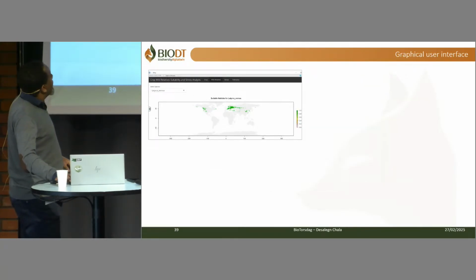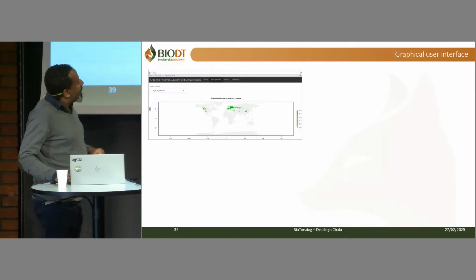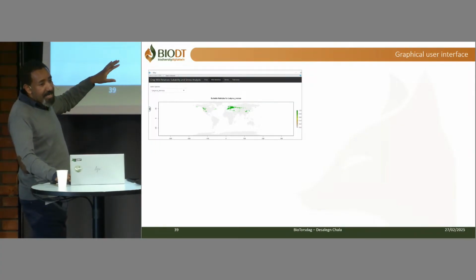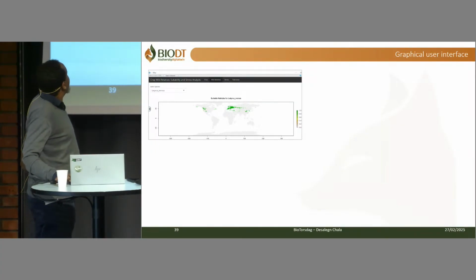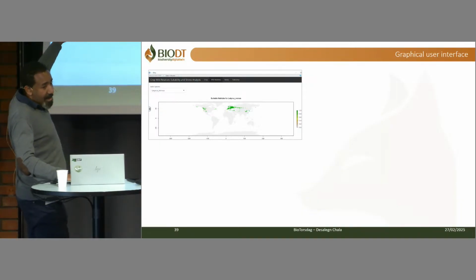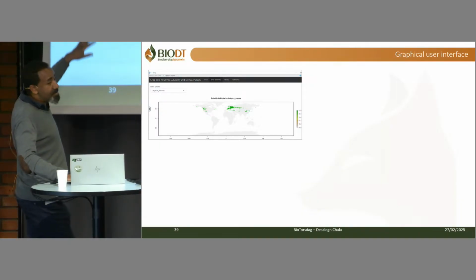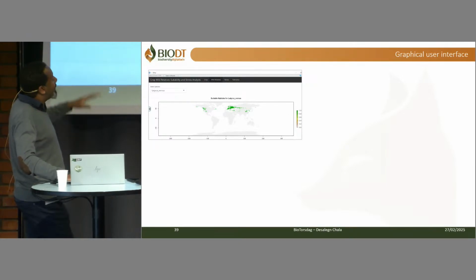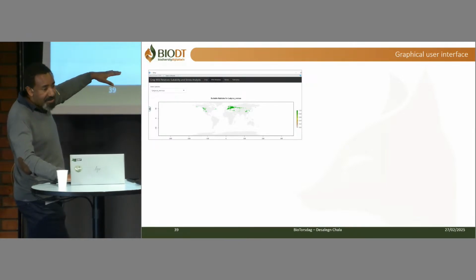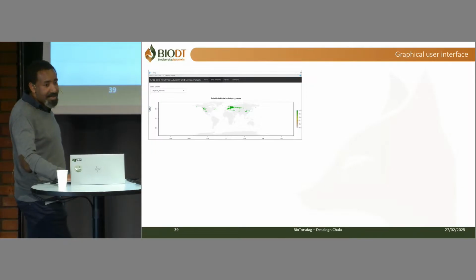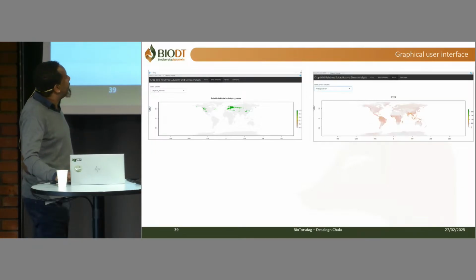The digital twin we are building has a graphical user interface, and this interface has a drop-down menu of the crops, a drop-down menu of the wild relatives, then different kinds of environmental stresses, and then the tolerance range.